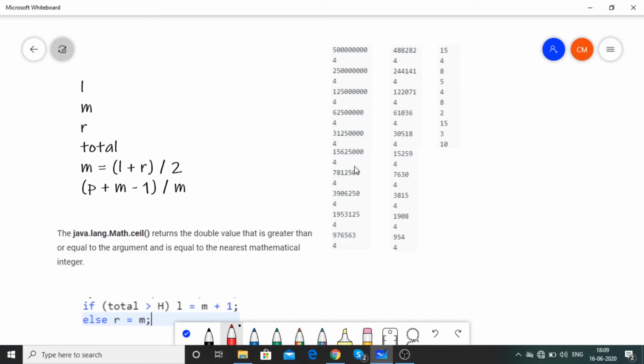So we will move on to this left portion of the array until we get 15 as the value of m, and the value of total is going to be 4. Now something interesting happens. What we have now is that the value of m is going to be 8. Okay, and as we have the value 8, we will be having the value of total equals to 5, because you might observe that the p plus m minus 1 thing is going to have a lot of changes in itself.